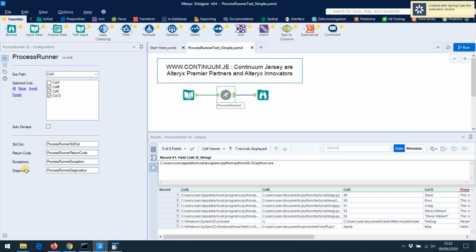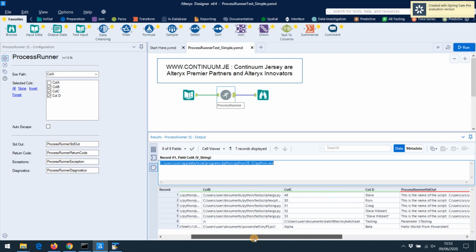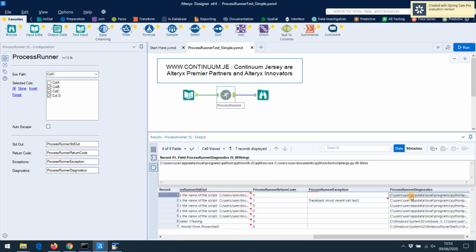The final column, diagnostics, is a bit of extra information to help you set up the tool. The diagnostics column, let's have a look at it whilst we're doing this. The diagnostics column reports back exactly what was requested from Windows. So, for example, that first line requested that python.exe was run with test script args.py with the parameters 49 and